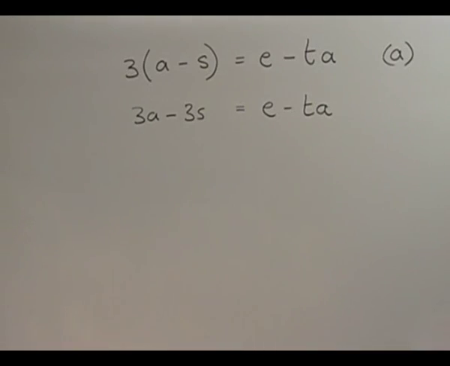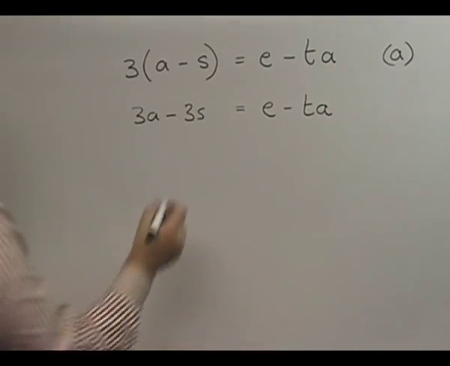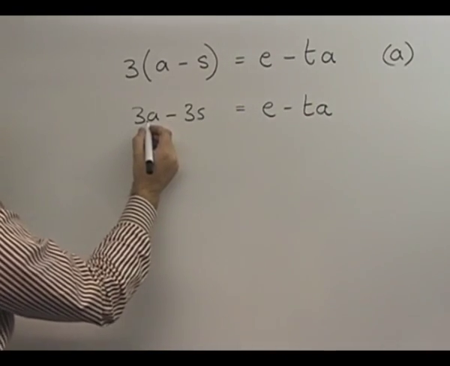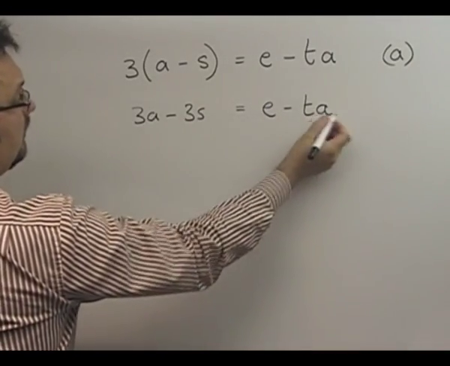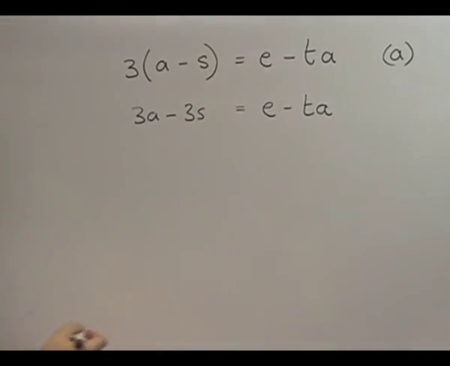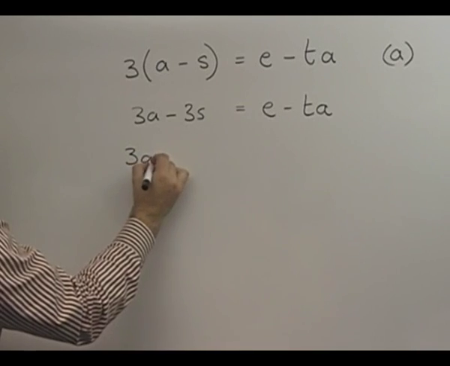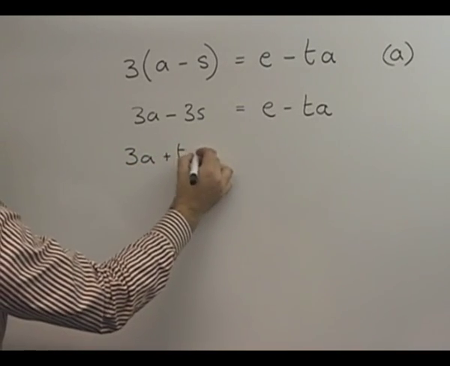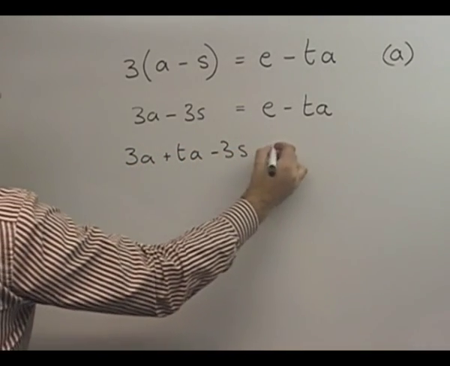Now from this point onwards it should be relatively straightforward. I need to get the a's together on one side so I can take a out as a factor. So I'm going to add ta to both sides. So this is 3a plus ta, take away 3s equals e,